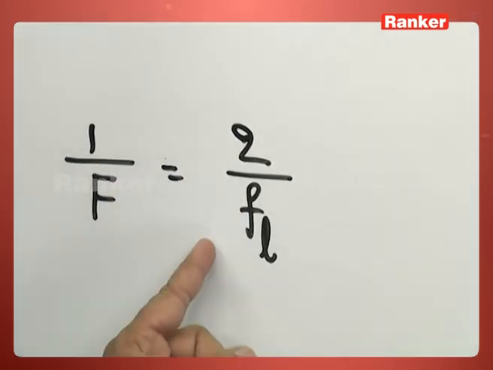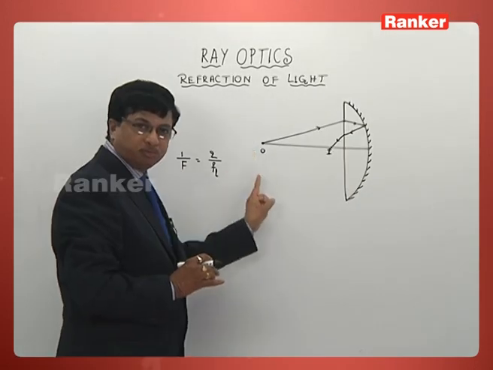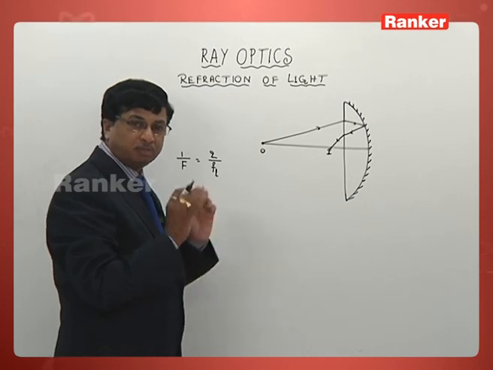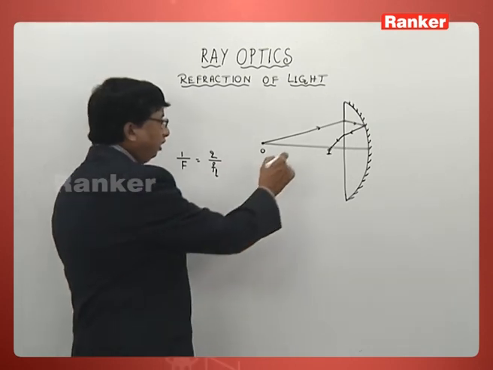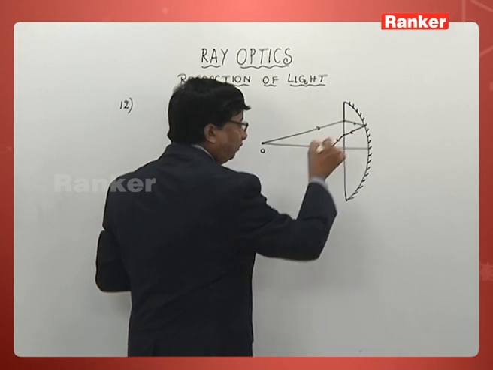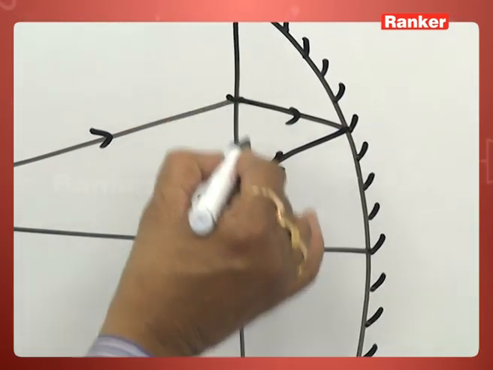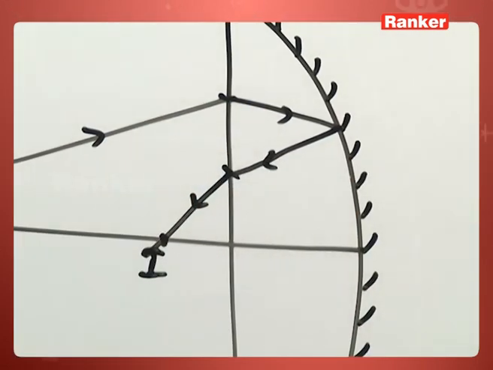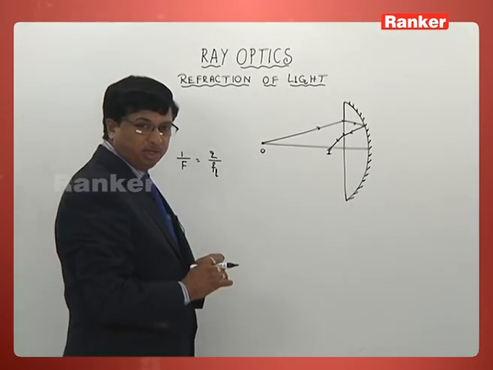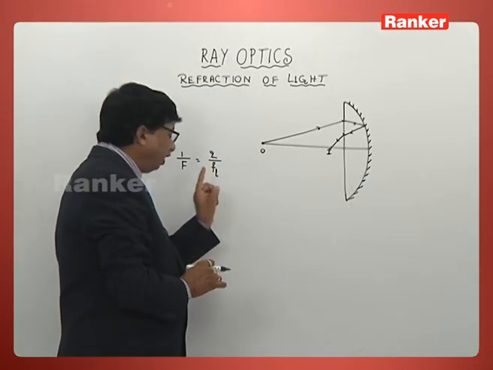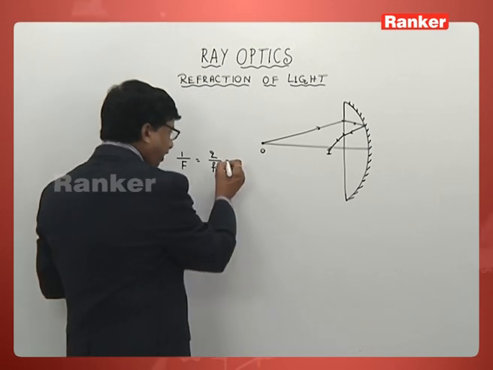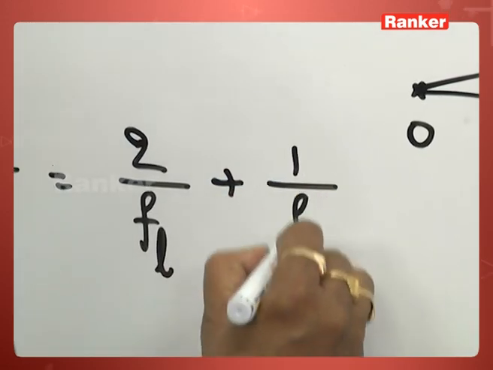Actually 1 by f1 plus 1 by f2 plus 1 by f3. That is the formula. Out of that, twice it is crossing the lens. Once it is refracting here, once it is again refracting here. So 2 times we have to take that value, 2 by focal length of the lens plus 1 by focal